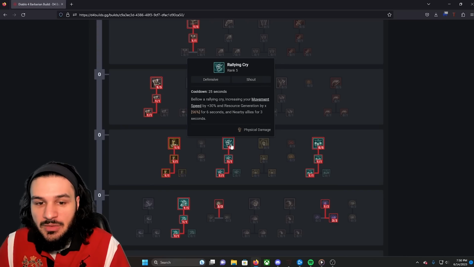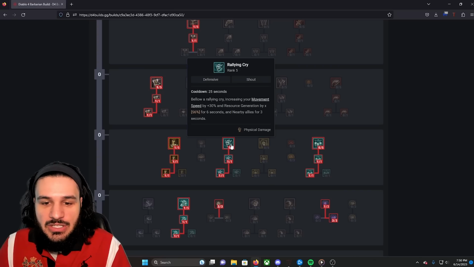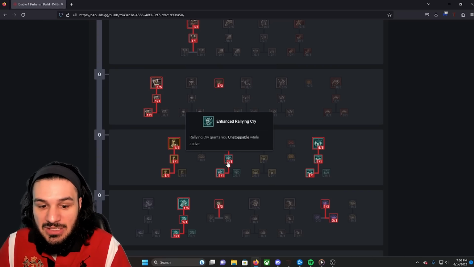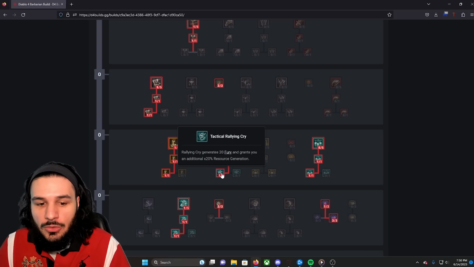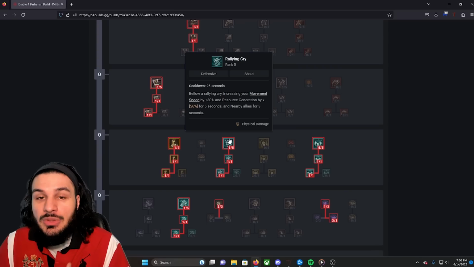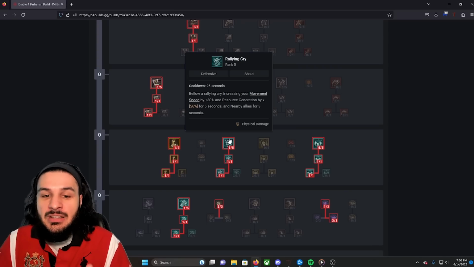This is where resource generation comes from, and this is where I guess people missed it a lot. Increase your resource by 56% for 6 seconds here, then you take the Unstoppable, and finally Tactical Rallying Cry, which generates 20 Fury and grants me an additional 20%. So basically any source of Fury generation we're getting is boosted to the moon for 6 seconds while this is